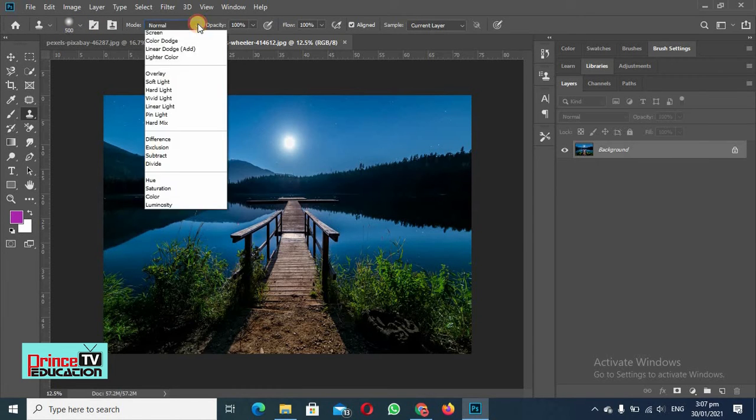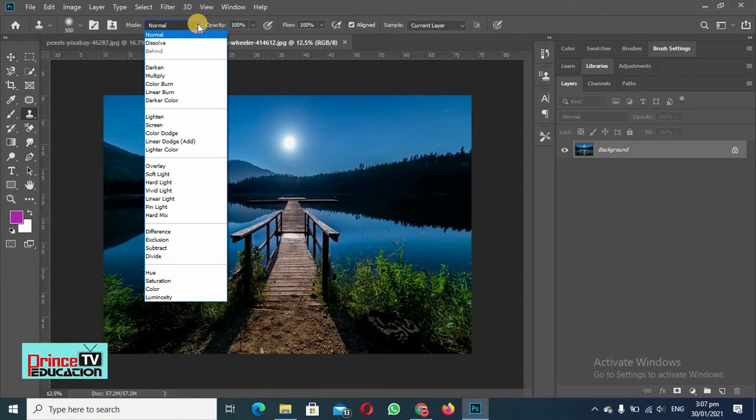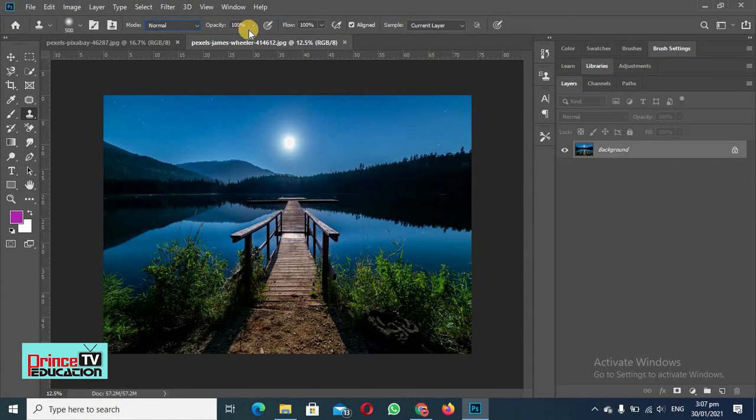We can use different modes like darken, every tool of a brush we can use here, but we will use normal. Then we can select the opacity. We can take it to 100, or we can reduce it. We can increase or decrease the flow, but we will keep the same layer. So what we will do, we can add another layer. So we will set it to all layers, and we can just remove from here, and we can add another layer so that we can visualize our changes. So we have selected all layers.